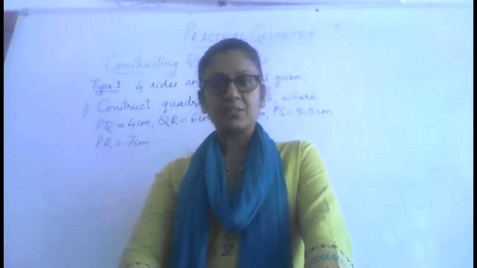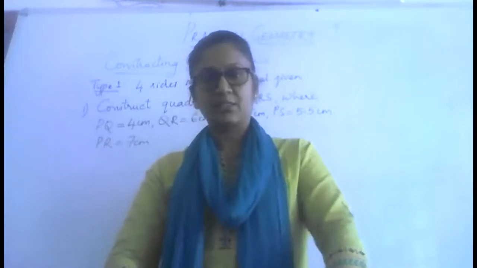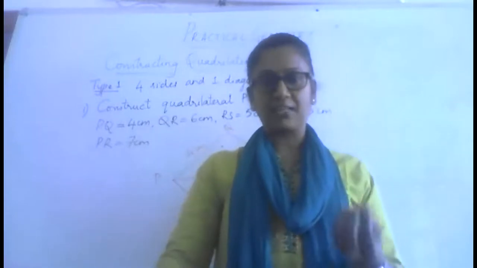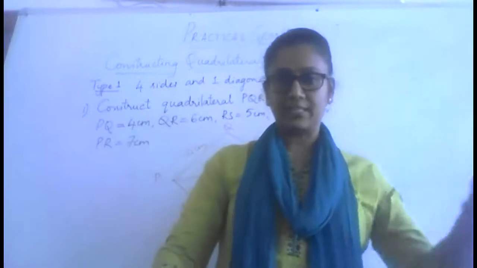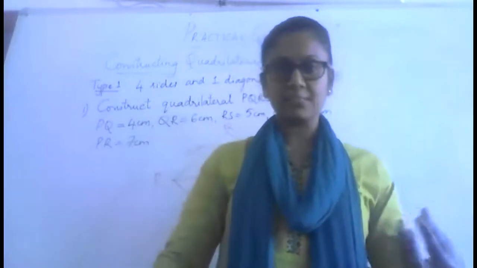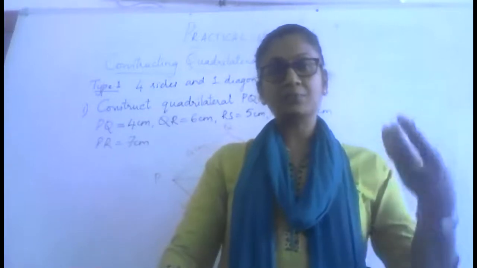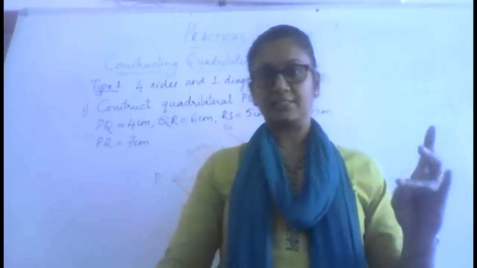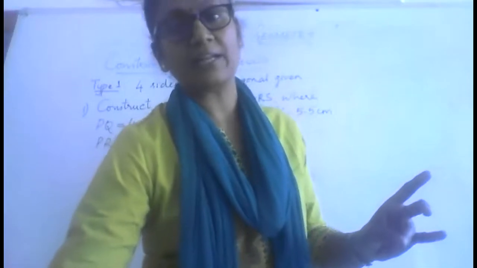Now, practical geometry is not new for you because you've been doing construction from class 6. You've been doing all the basic construction, that is how you can construct specific angles given to you using only your ruler and compass in class 6. And in 7, you shifted to construction of triangles, some part of circles also you have done. Now, using that knowledge of construction of angles and triangles, we are going to further move towards construction of quadrilaterals.